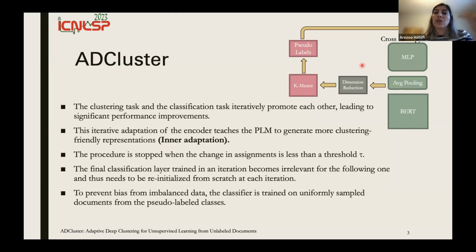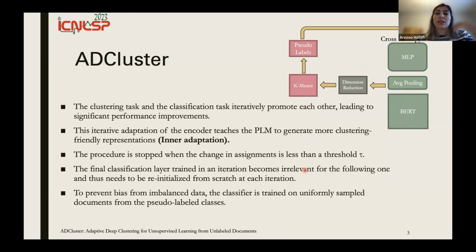Then we use this pseudo-labeled dataset to fine-tune the classifier and the language model with cross-entropy loss between the output of the classifier and the pseudo-labels generated by the clustering algorithm.